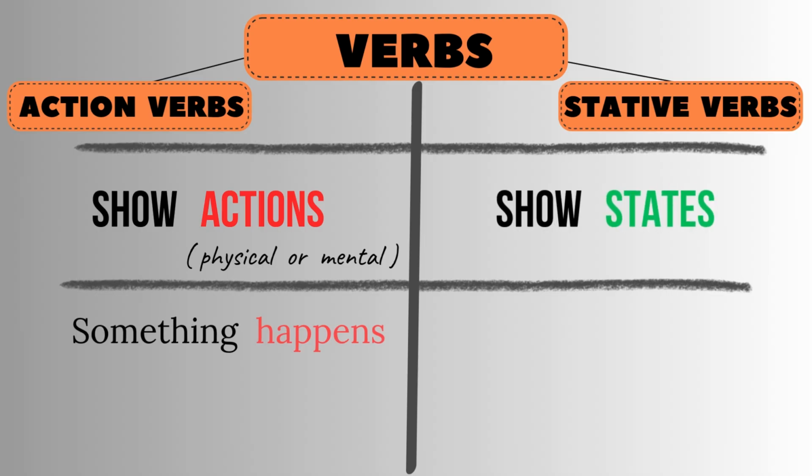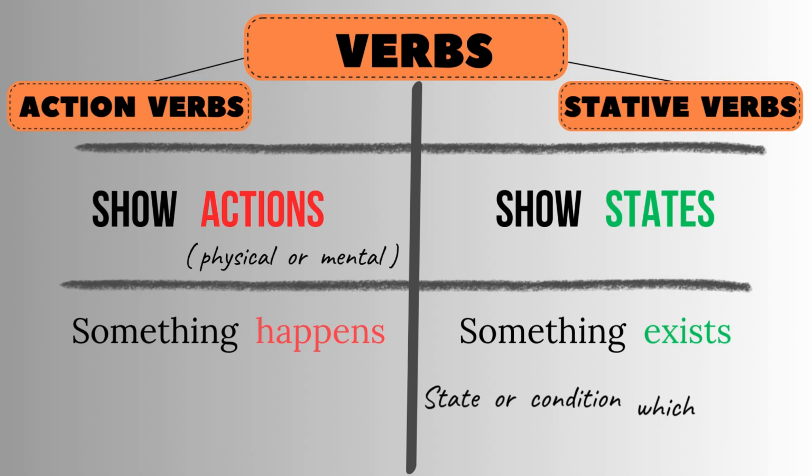Stative verbs show states. Stative verbs tell us when and where someone or something exists. Stative verbs usually refer to a state or condition which is quite static or unchanging. Stative verbs can be divided into